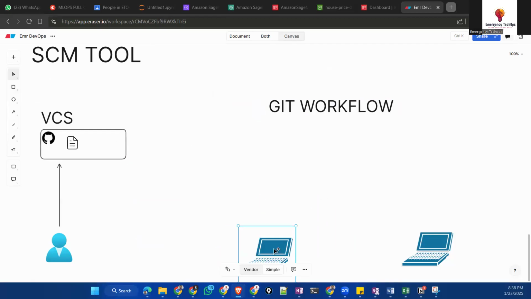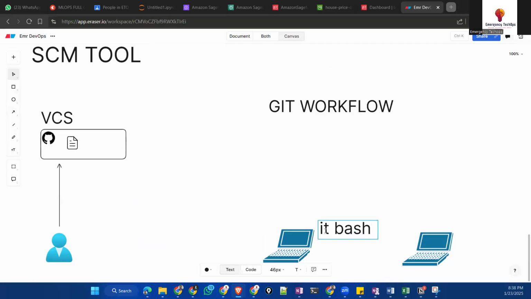We need to understand one thing: I have to install Git Bash on my laptop.